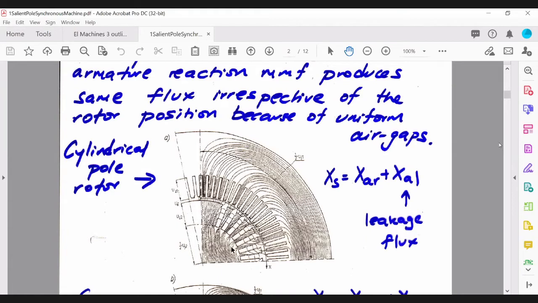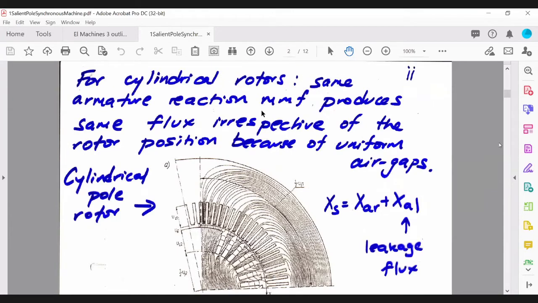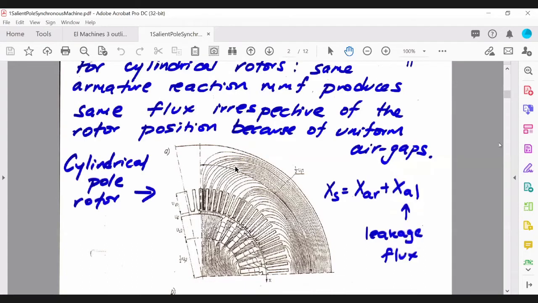You can see there, the slots on your rotor are producing the flux that's passing onto the stator. And we found that for cylindrical rotors, the same armature reaction MMF produces the same flux irrespective of the rotor position because